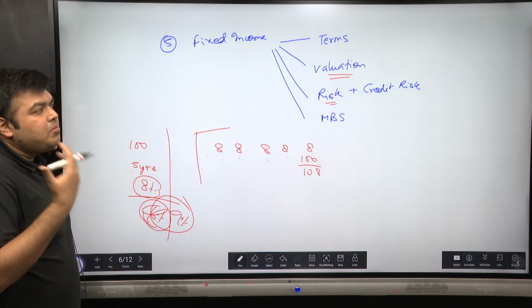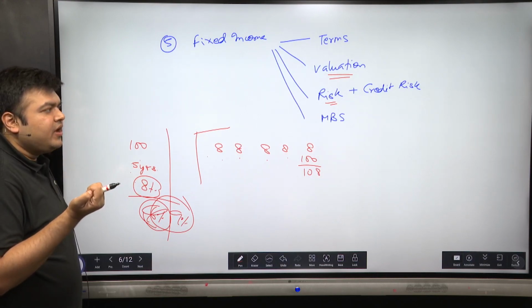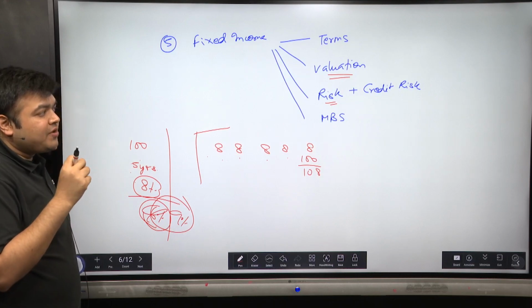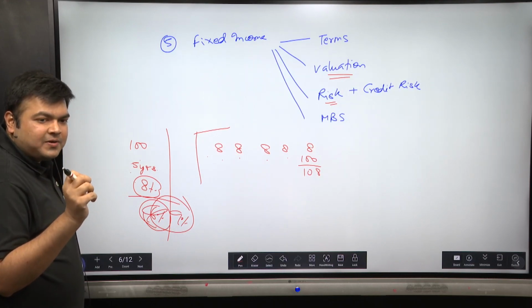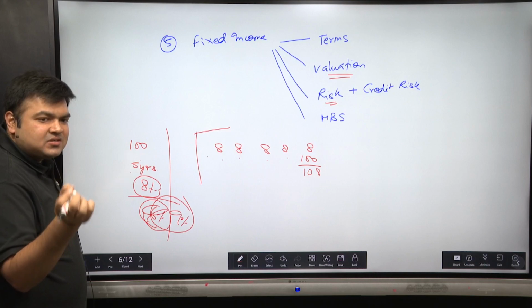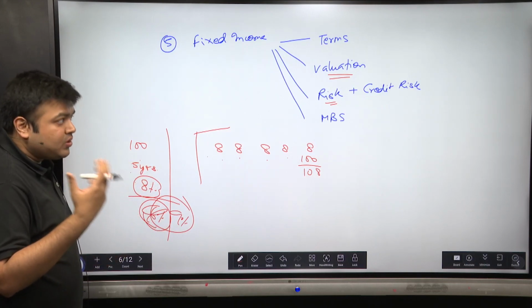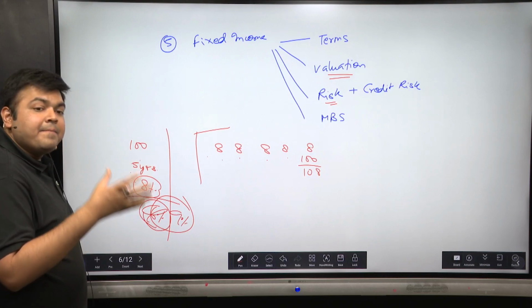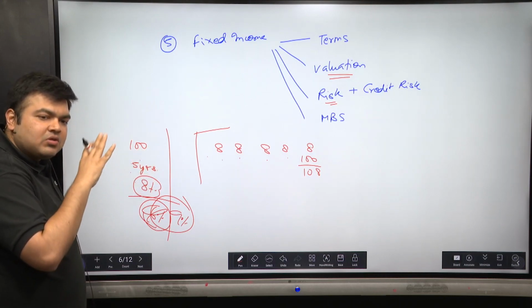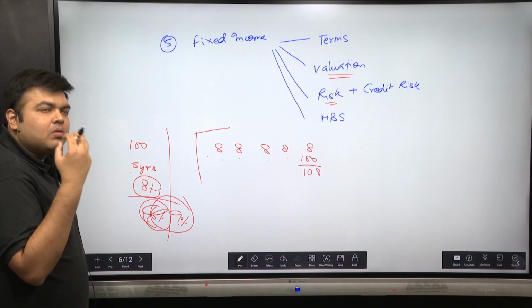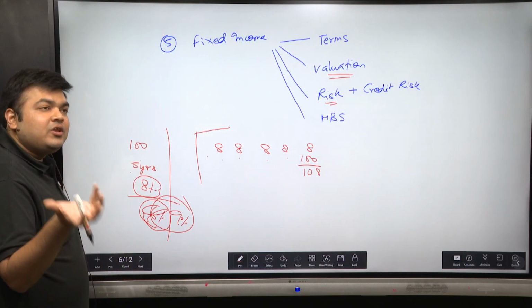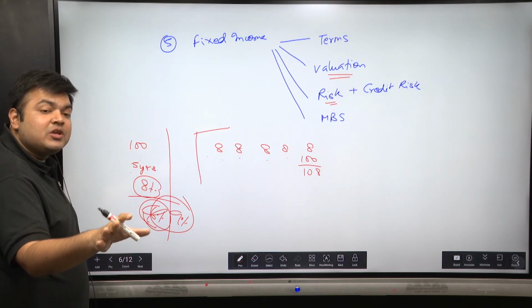And there's something called mortgage-backed securities. It is a very interesting topic, but I'm not sure if I'll be able to explain it to you in a very short manner. But I can tell you, the global recession that we saw in 2008, the US recession, one of the major reasons was around mortgage-backed securities. So in short, when you take a home loan, if you're not able to repay your home loan